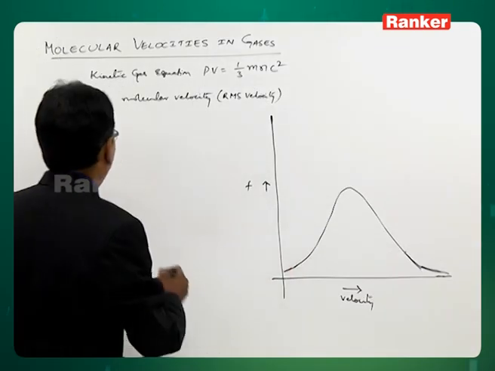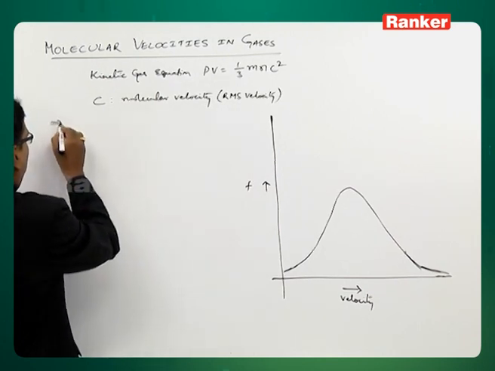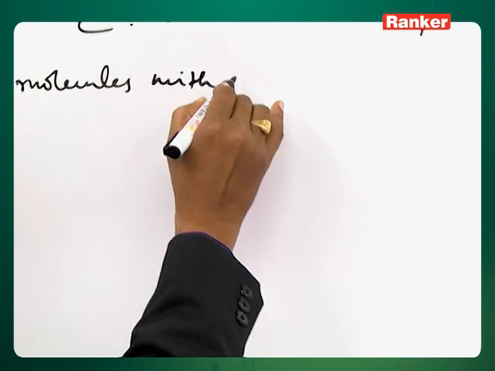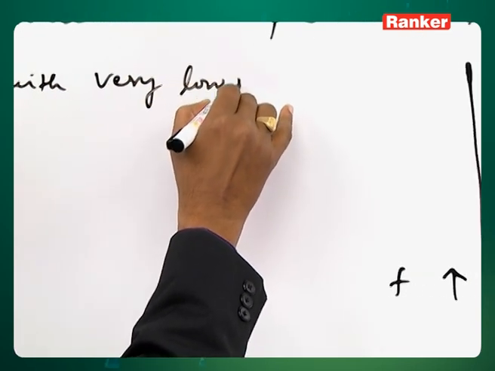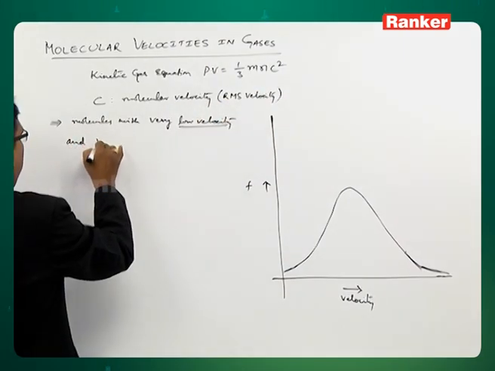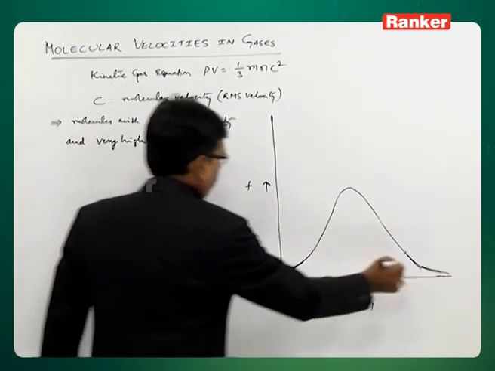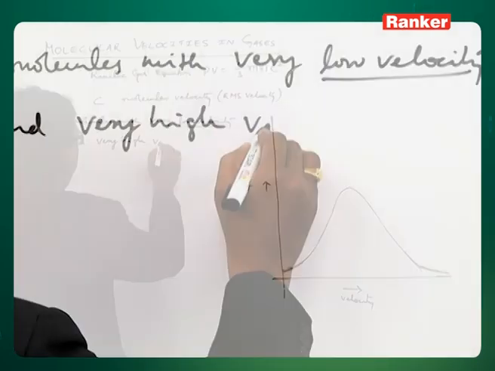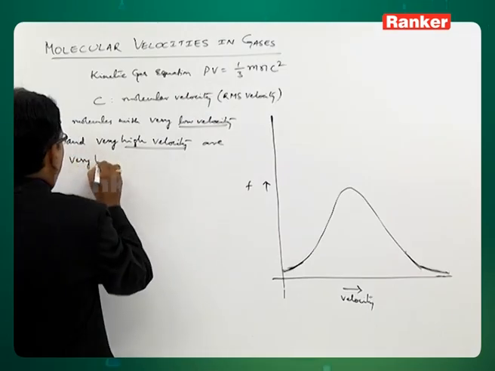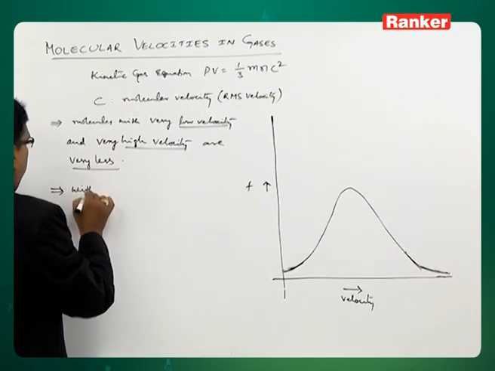From this graph, the observation we can make is that molecules with very low velocity and very high velocity, the fraction is very small. And with increase in velocity,